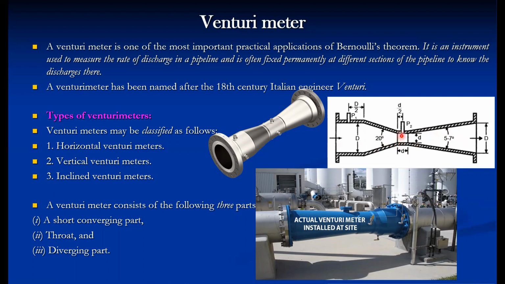At the throat, generally the pressure is the lowest. So while designing a venturimeter, we have to make sure that the pressure there does not fall below the vapor pressure of the liquid. Because if it falls below the vapor pressure of the liquid, bubbles generate here, and these bubbles may collapse in the high pressure region, and it may corrode this particular part. Cavitation happens.